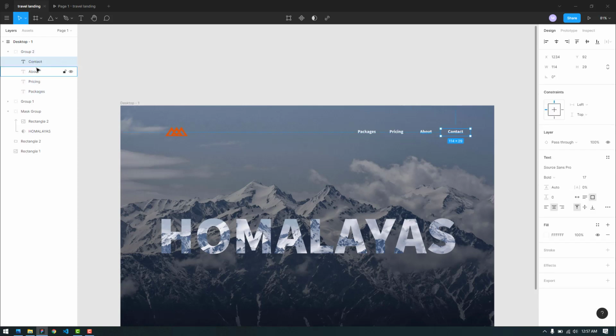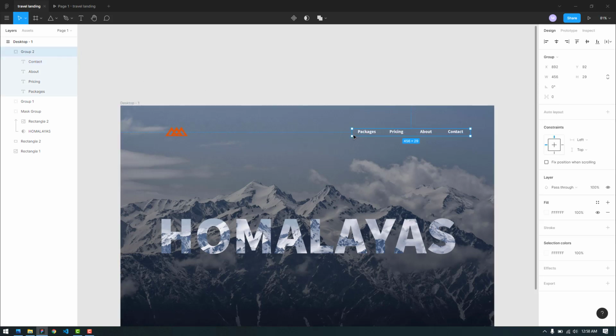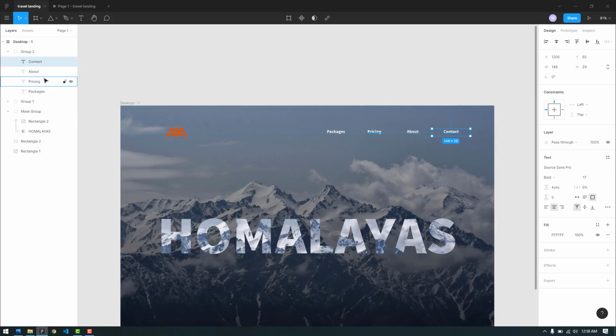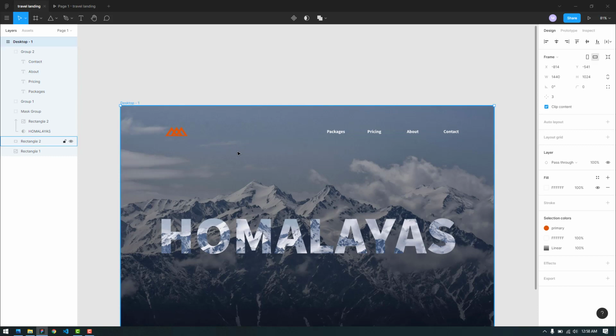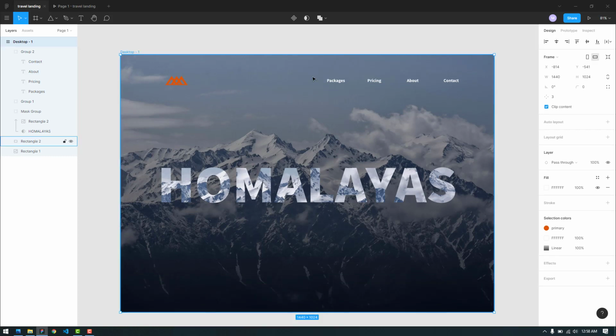Now we can position them properly. For the group I am going to make it larger like this, and actually they are properly positioned inside it. If they are not, we can select all of them and click it here. We can distribute the horizontal spacing, but it is actually properly positioned. We don't need to do that.